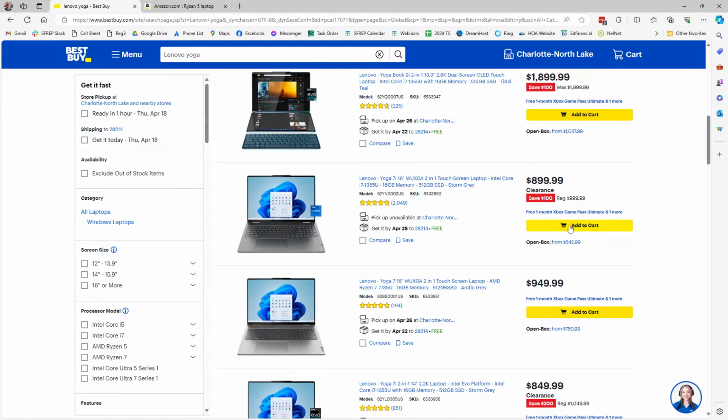Now this thing's on clearance, so I don't know, yeah, you can still buy it. You're jumping up to $900 for the same specs. But what are you getting for that? Well, you're getting a couple things. One, a fingerprint reader. Two, a glass touchscreen. Three, a backlit keyboard. Four, a way better keyboard. It's not going to bow. Five, all metal construction. And then the big thing you're going to get,